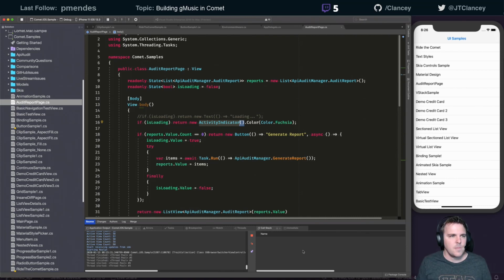All right, so we have this activity indicator, and it has a color fuchsia because it's my favorite debug color. So I'm going to click into this, and you'll notice that the second thing,